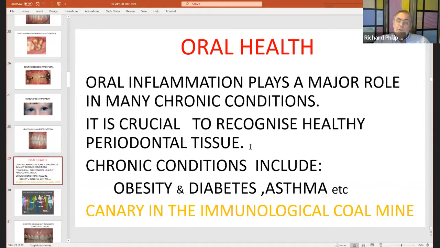It's crucial to recognize what healthy periodontal tissue is. If I could get every medical practitioner to recognize oral health, the health of the gingival tissues, it would make a significant difference in public health. I call it the canary in the immunological coal mine. The periodontal tissues are such a window on the rest of the body. And let's have a look, for example,